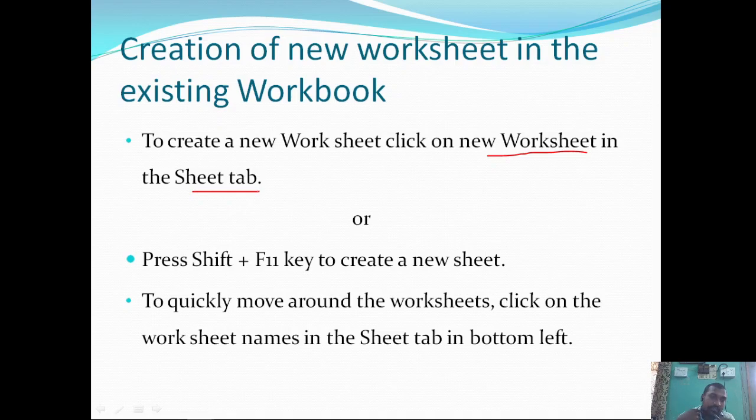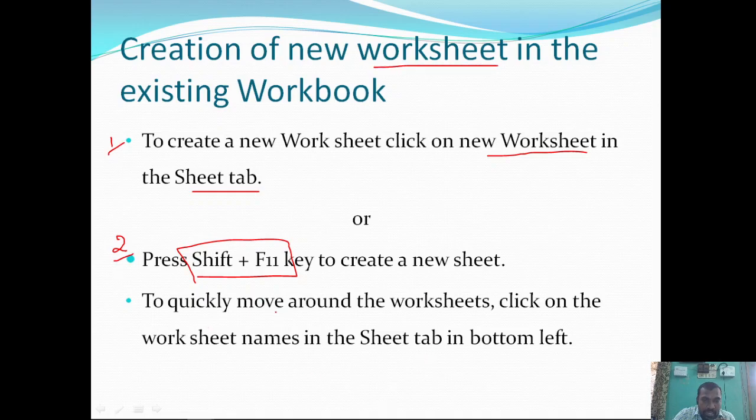The sheet tab is available below the work area and above the status bar. Or you can use the shift plus F11 function key to create a new sheet. So these are the two ways that are available. You can choose any one of these two options to create a new worksheet.